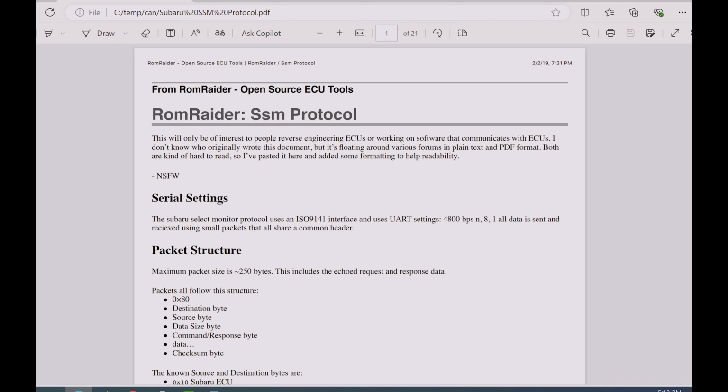So again, this is from ROM Raider, basically source pulled off the internet. You're going to also see some more ROM Raider stuff when we talk about how to actually decipher and convert the values you get back into real world numbers that you can display on a gauge and stuff. So ROM Raider is pretty awesome. It's full of a lot of tuners, and a lot of them have done the work for you,